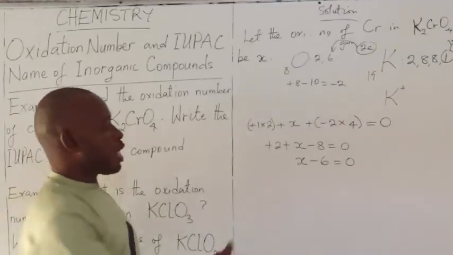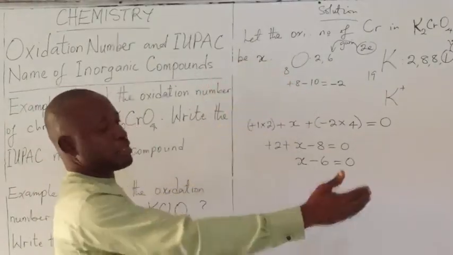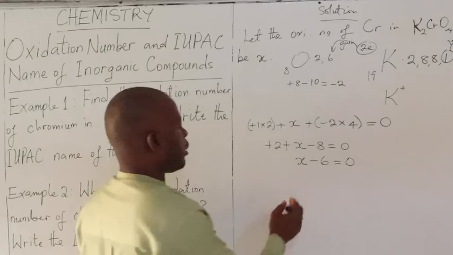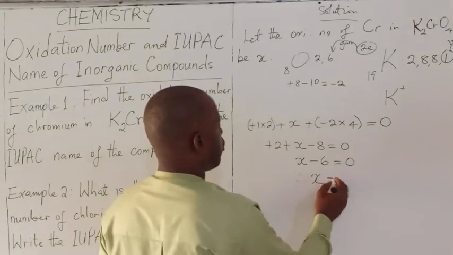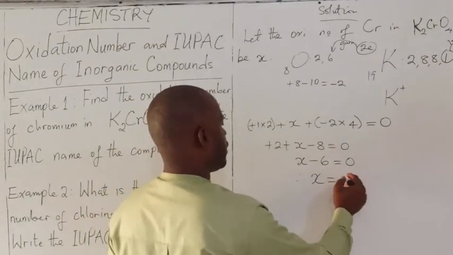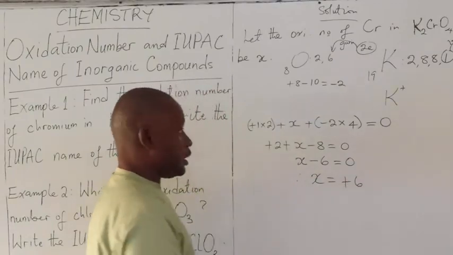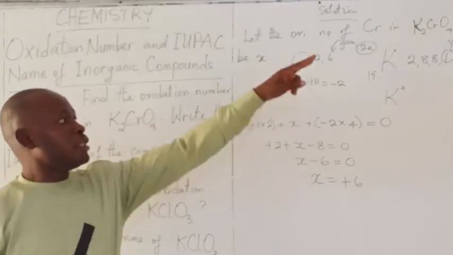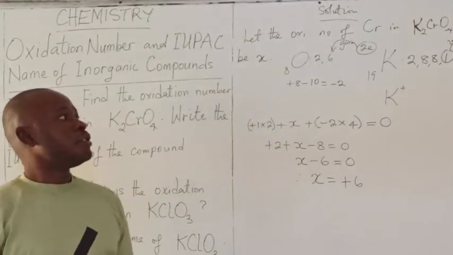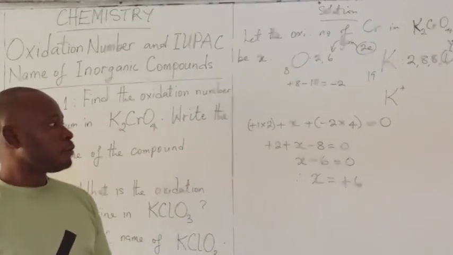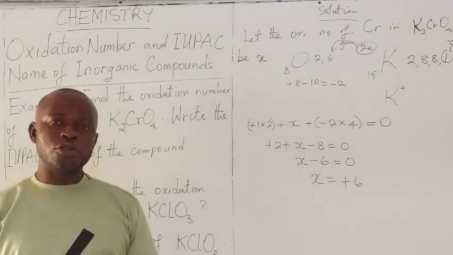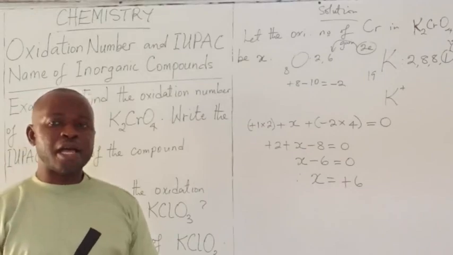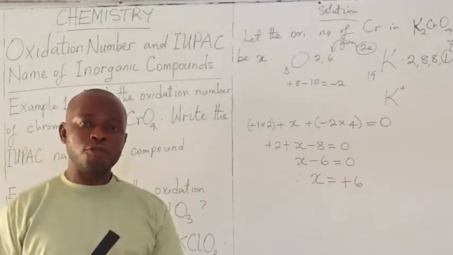The next step is to carry this minus 6 all over to the right hand side. So you have x equals, you bring this minus 6 here, it becomes plus 6. Is that clear? That is the oxidation number of chromium in this compound, K2CrO4. Then the next thing we are told to do is to write the IUPAC name of